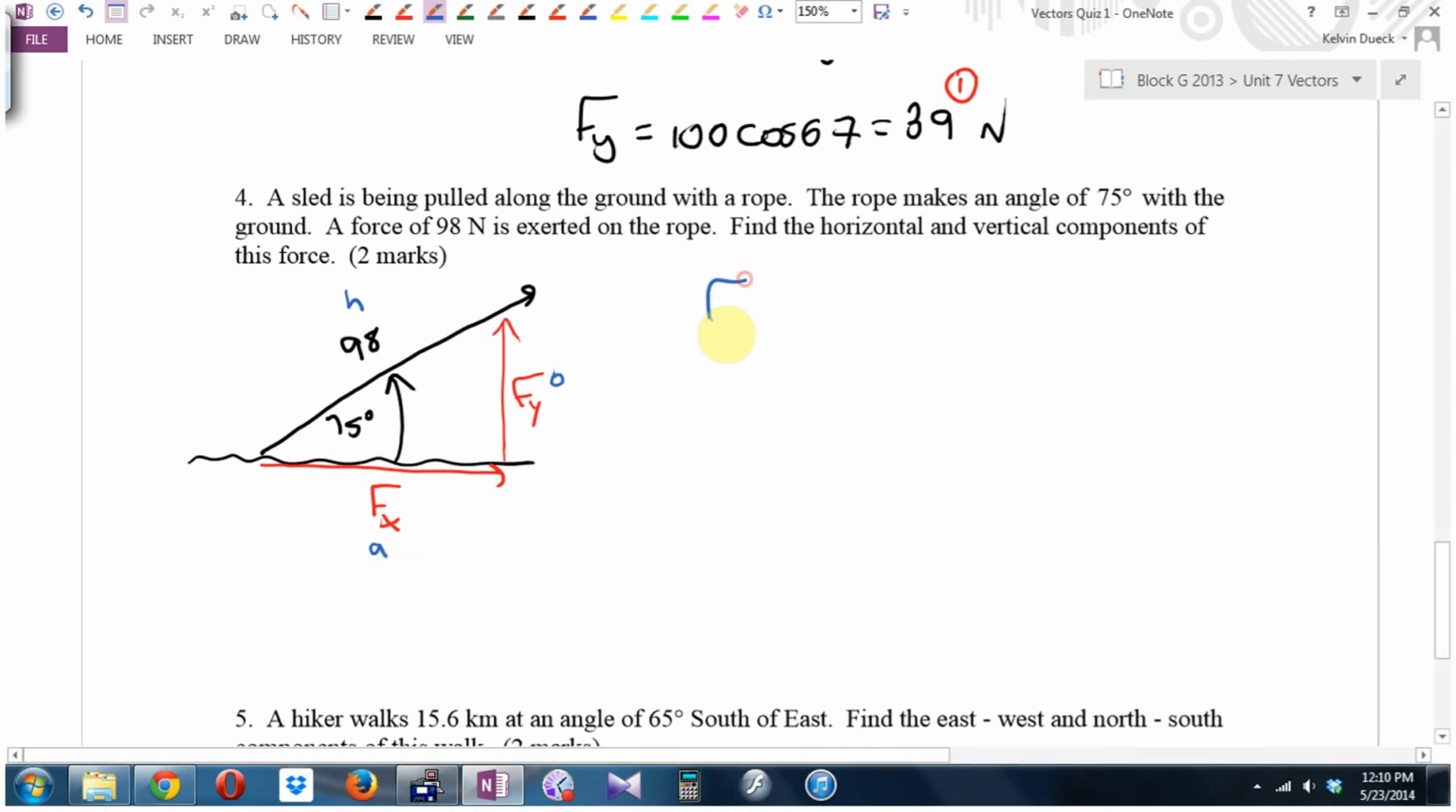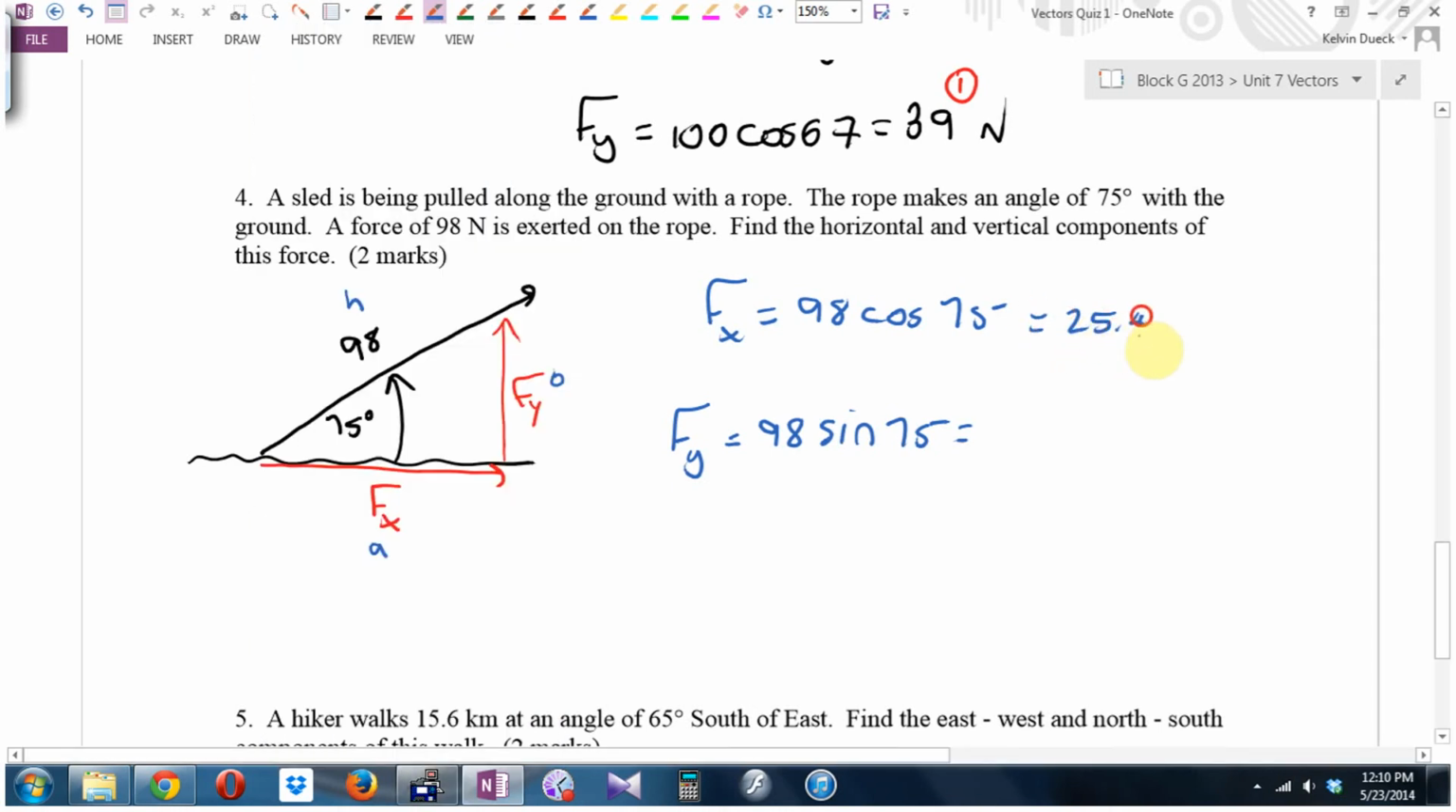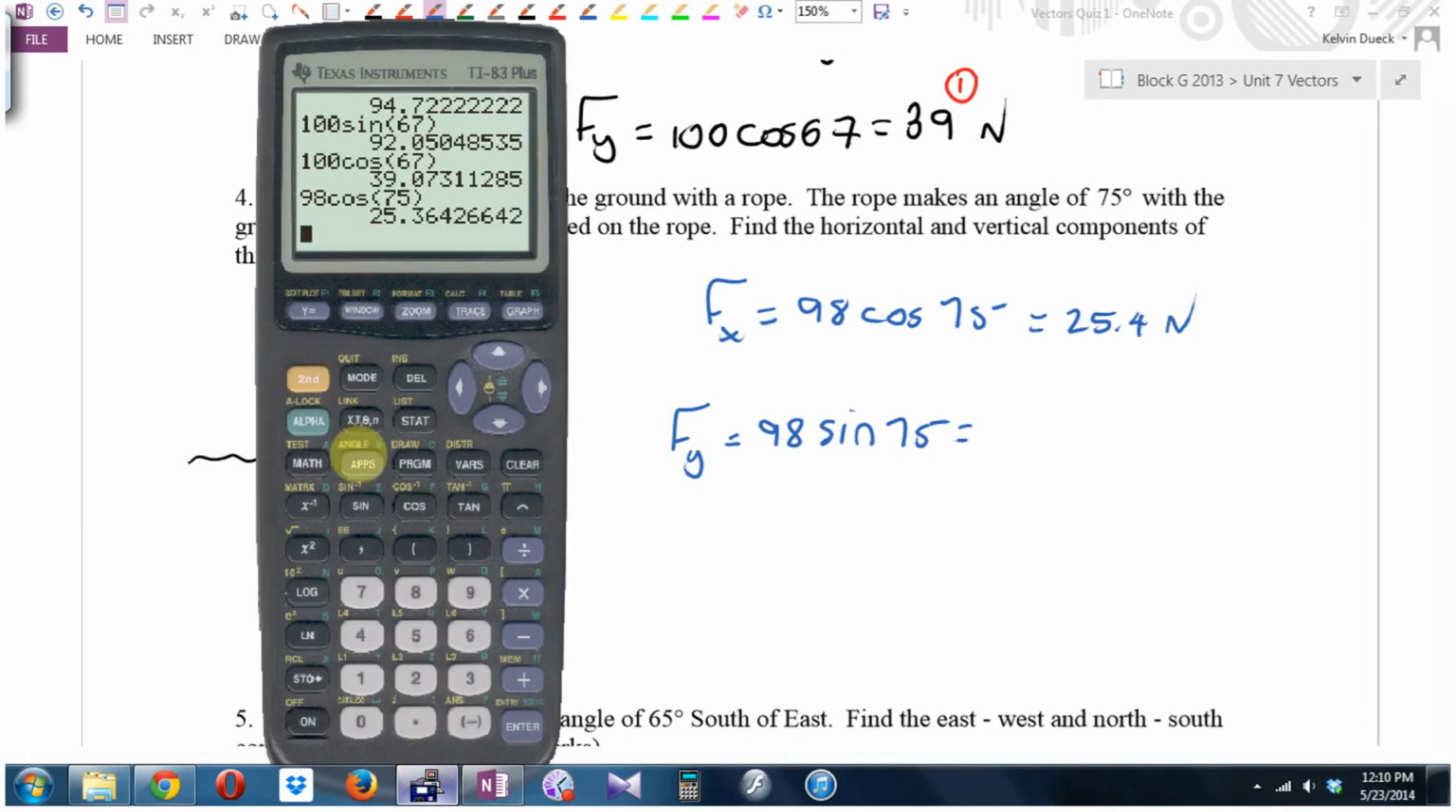I think you're going to find Fx ends up being 98 cos 75, and Fy ends up being 98 sine 75. Does Fx end up being 25.4 newtons, and Fy ends up being 94.7